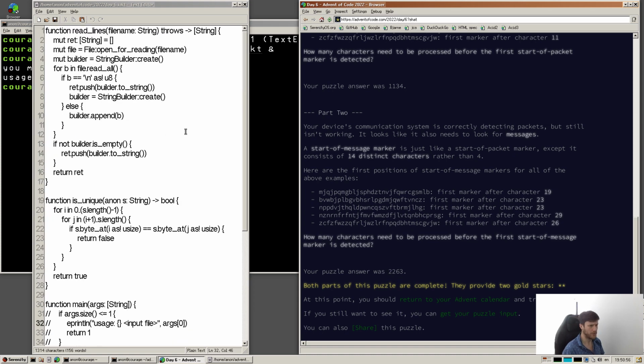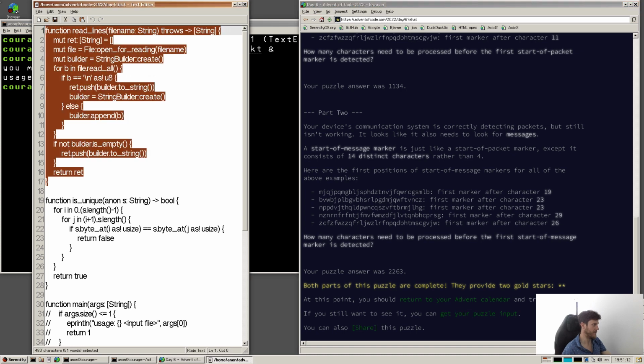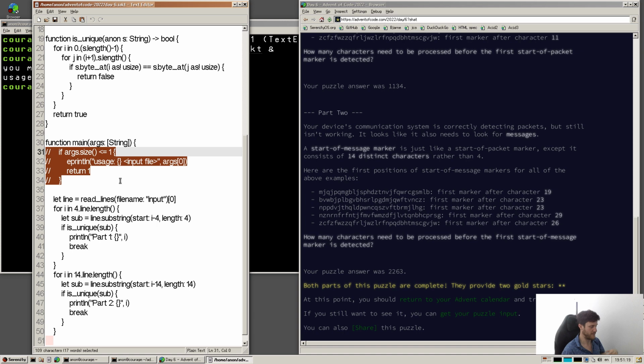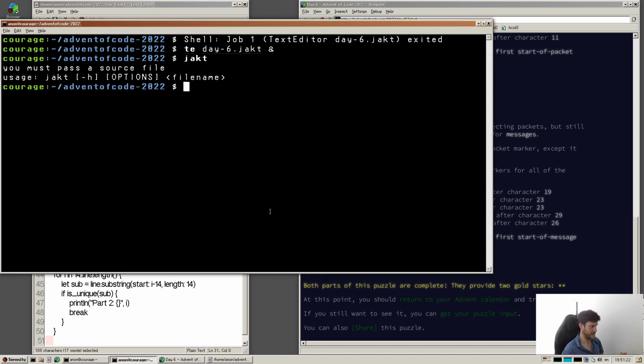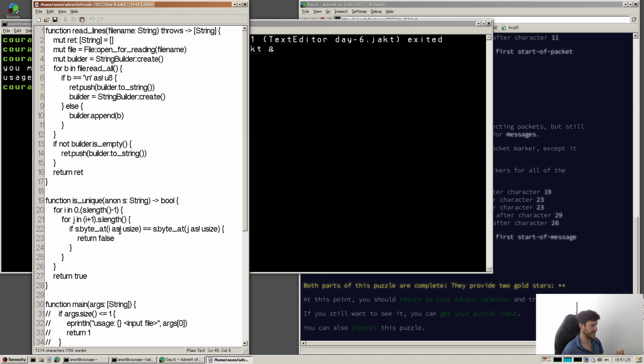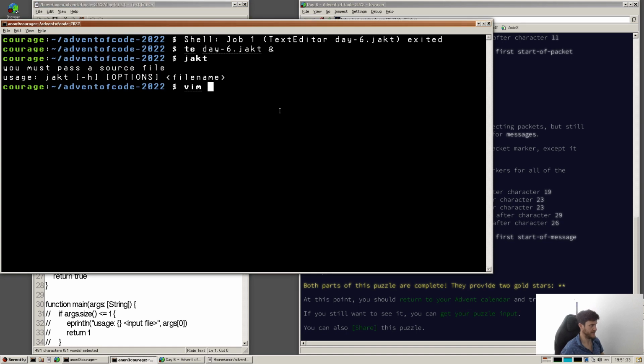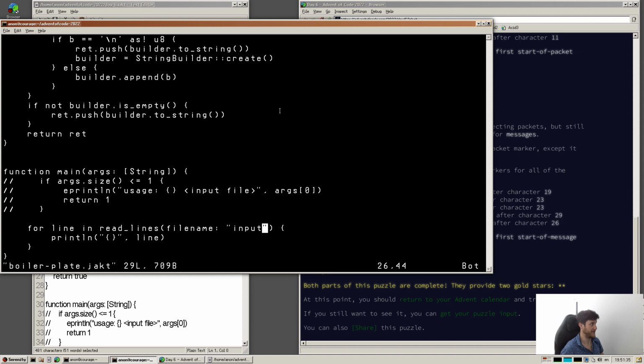So yeah, I guess this was a reasonably quick video because the other one, the audio just didn't really work. What I was wondering was whether to remove this read lines function from the boilerplate so it isn't just present in everything. To do this, I'm going to edit the boilerplate directly,